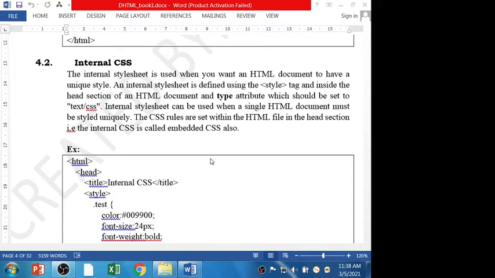The style tag goes in the head section of the HTML document, with a type attribute which should be set to text/CSS.